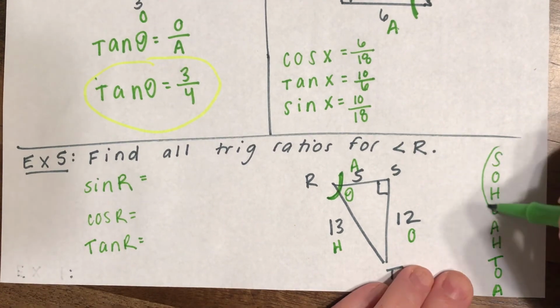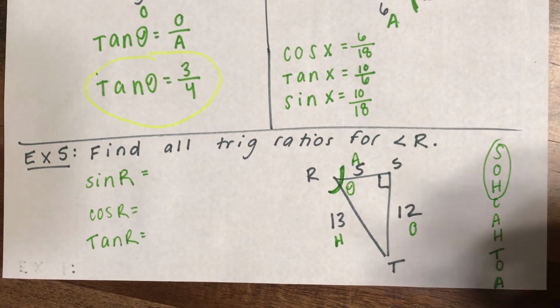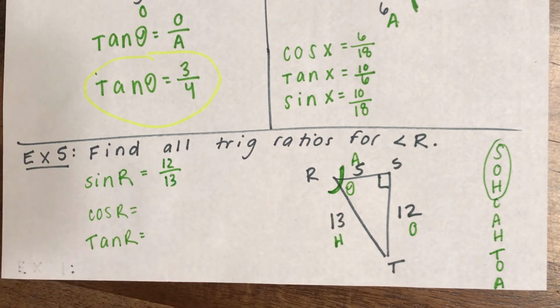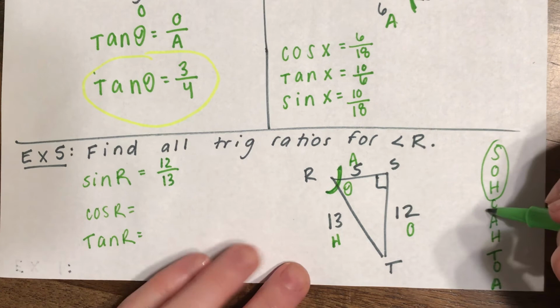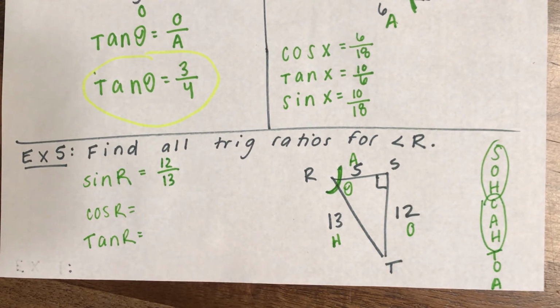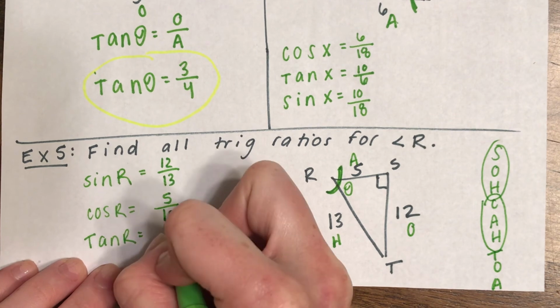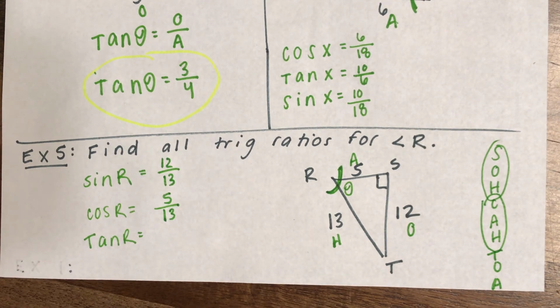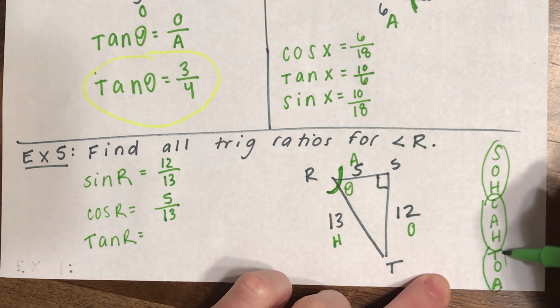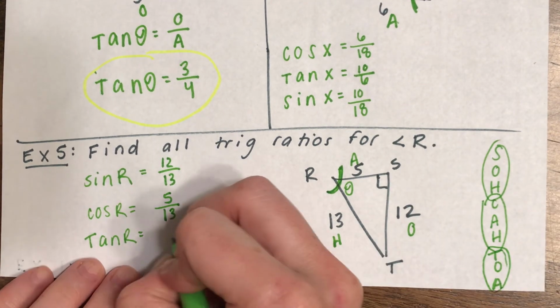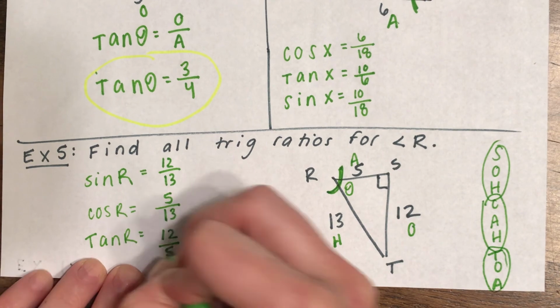Sine is opposite over hypotenuse, so I'm going to use 12 over 13. Cosine, again, is adjacent over hypotenuse, so that's going to be 5 over 13. And then the last ratio that doesn't use the hypotenuse, tangent, is opposite over adjacent. So in this case, that would be 12